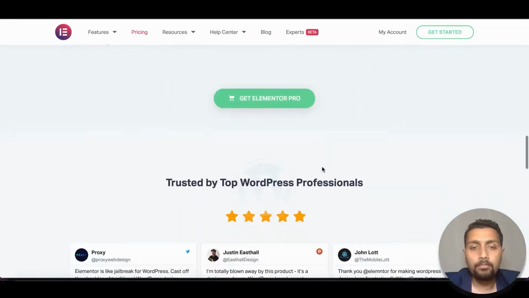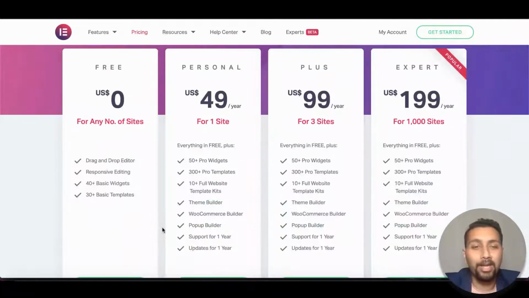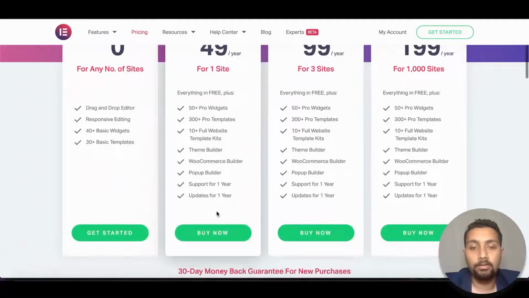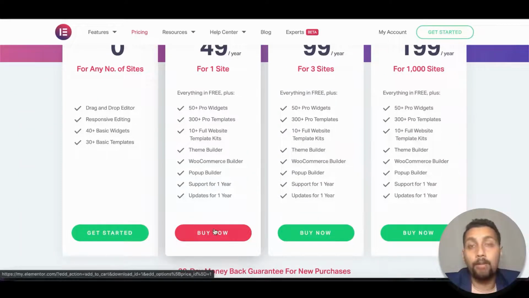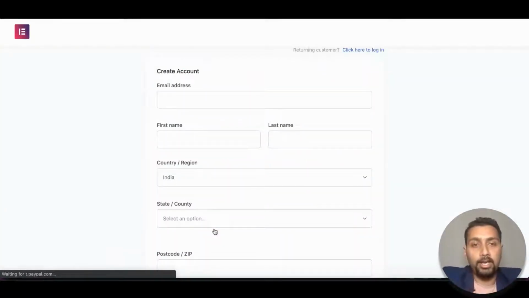All right. So without wasting any more time, let's go ahead and get Elementor Pro, and we are going to get the personal version for it, since we have just the requirement for just one site. Okay, so let's wait for the page to load. I have my card ready here. I'm going to actually just enter in my details,